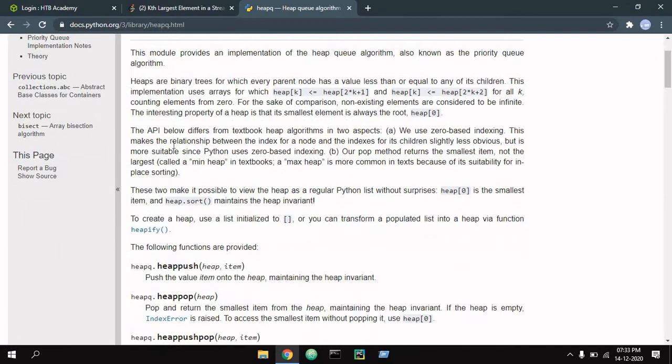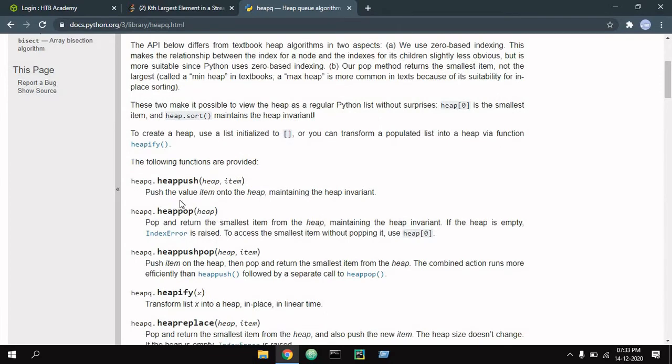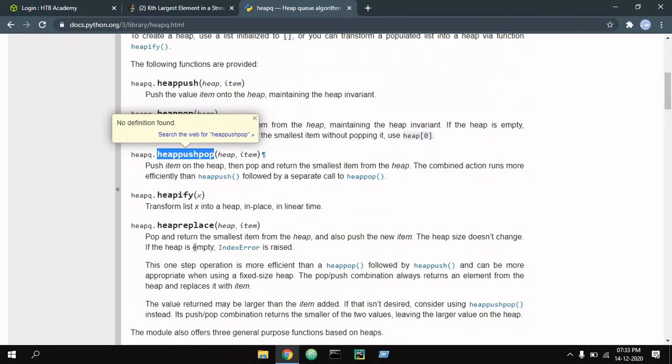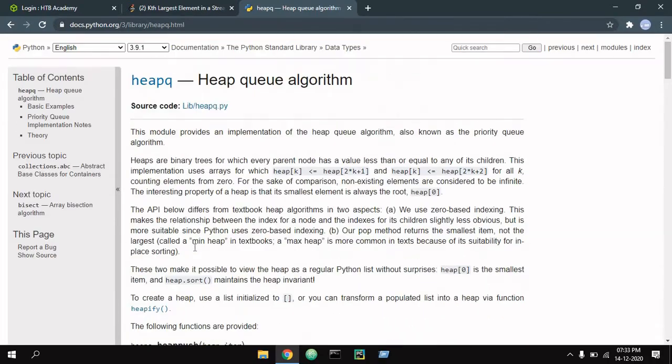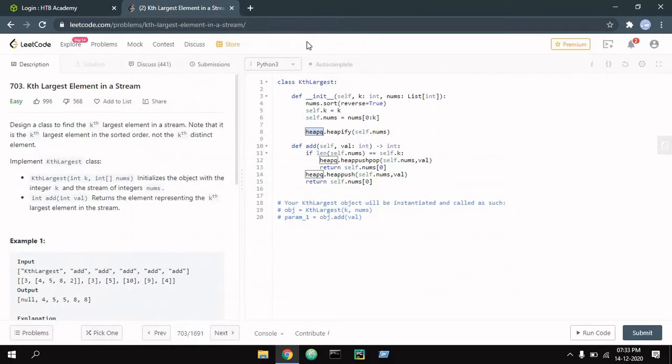Then I read it, and it has many inbuilt functions, methods such as heappush, heappop, heappushpop, and it is a general way to represent a heap. You can also implement it on your own. I will recommend that if you have time.